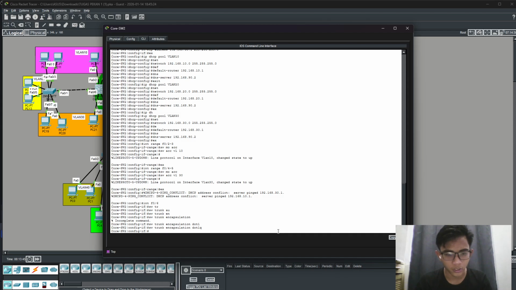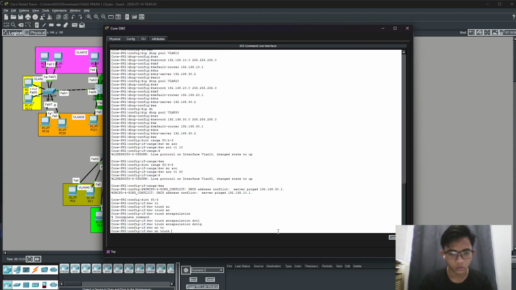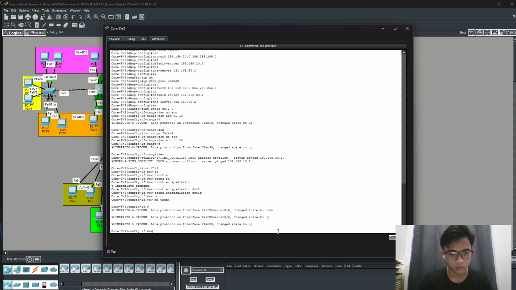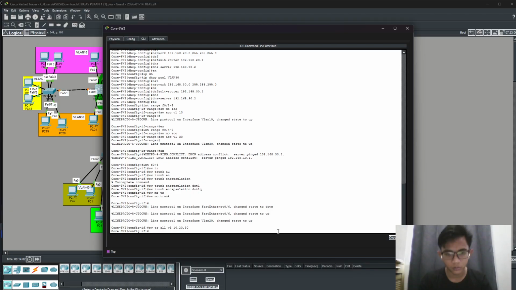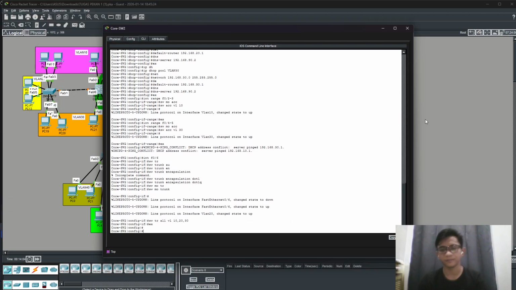It's important, don't forget to use this. Then switchport mode trunk. So switchport trunk allow VLAN 10, 20, and 30. Exit. Okay.